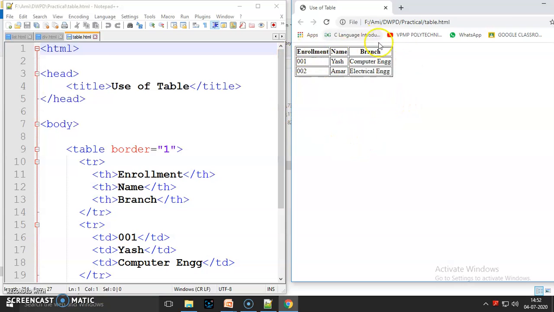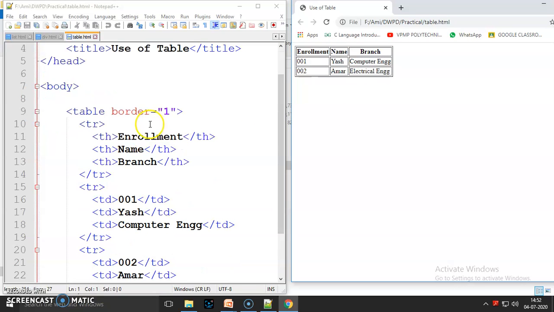Here in the output table.html, the first row is the table heading: enrollment, name and branch. So I write inside the table tag the first row, tr and /tr. Between this tr and /tr I write th, table heading. Here 3 table headings are there, so I write th 3 times.